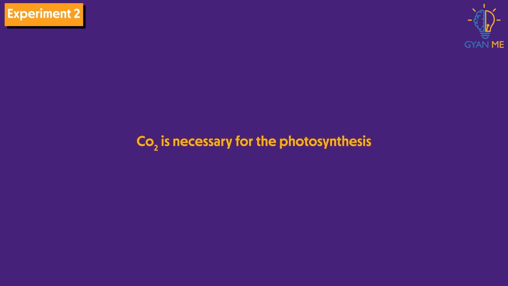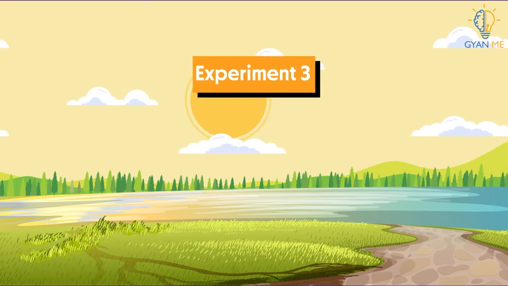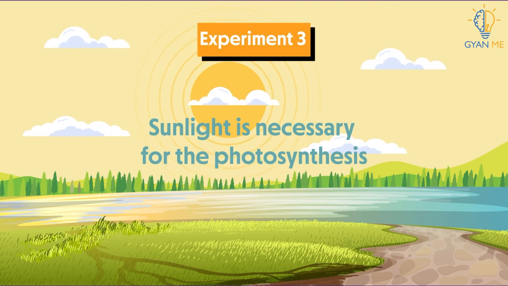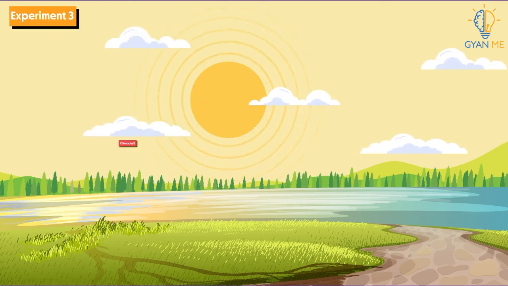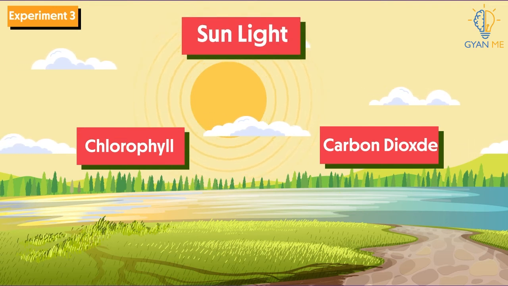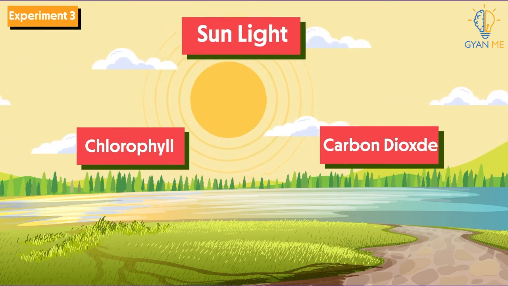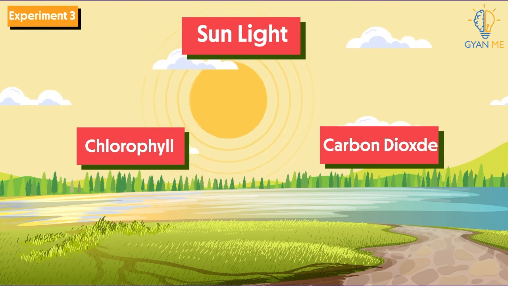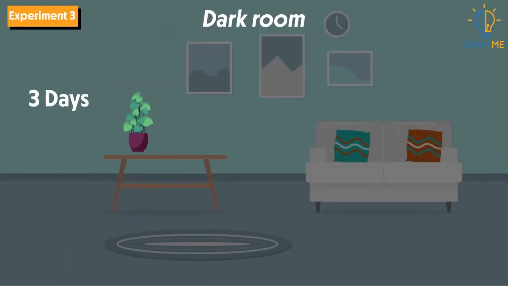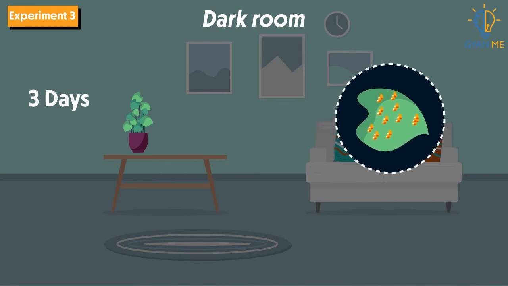Now, let's perform another experiment to see that sunlight is necessary for photosynthesis or not. Students, we know that just like chlorophyll and carbon dioxide, sunlight is also necessary for photosynthesis. Let us prove this by an experiment. For this, we place a potted plant in a dark room for about 3 days so that all starch gets used up. Students, from the previous activity, you already know why we are keeping the plant in a dark room